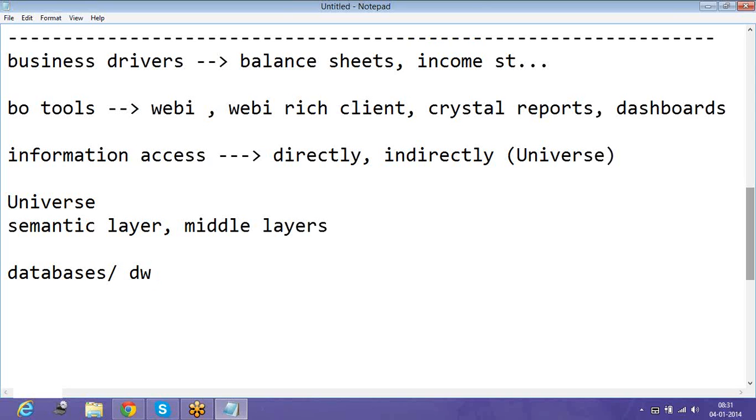They don't have any knowledge about the databases, the data warehouse, where the data is stored, how many tables are available, or what the sources are. All these things they are not bothered about, because they don't know about the databases or the data warehouse. So as a business objects consultant, according to the requirement, the tables which are necessary have to be logically brought onto one particular layer called a universe, and on this universe,